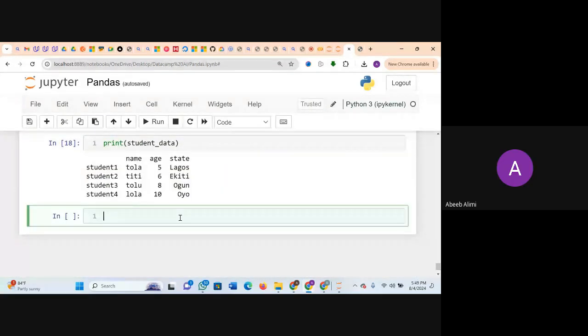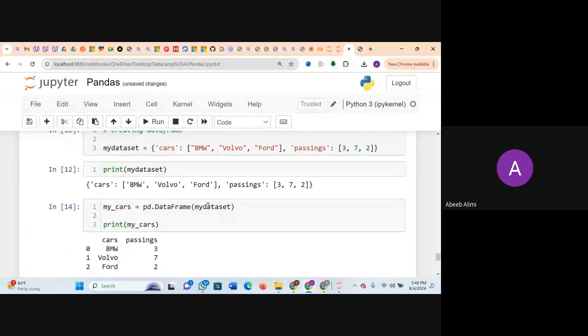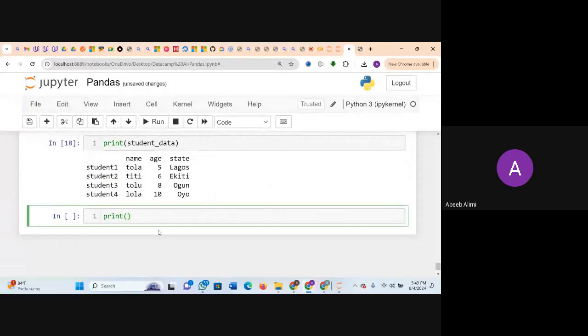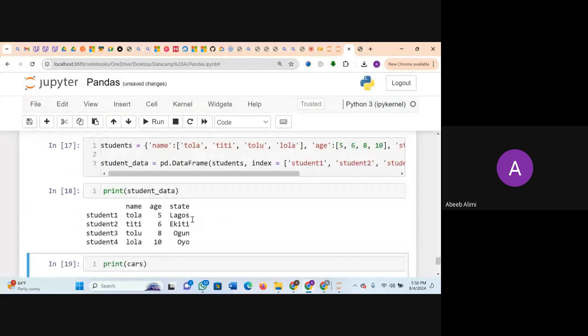Okay. So what is the first data frame that I created? I created cars. So instead of students, we can come here and say print cars. Okay, my cars, sorry.